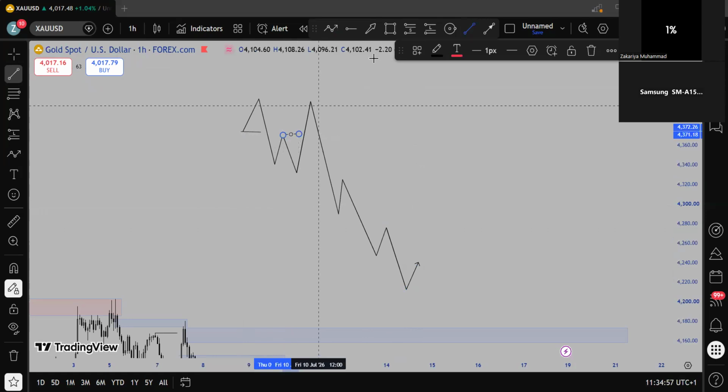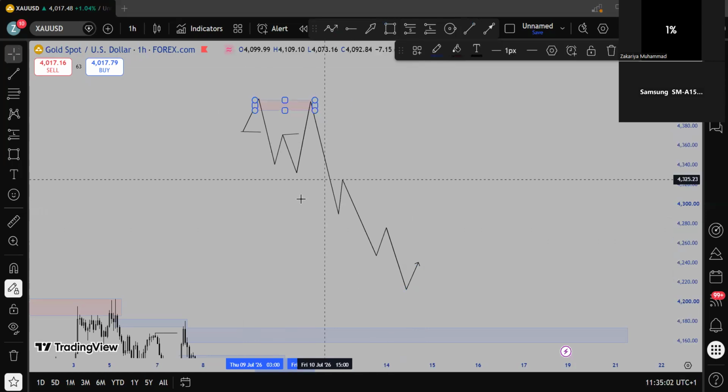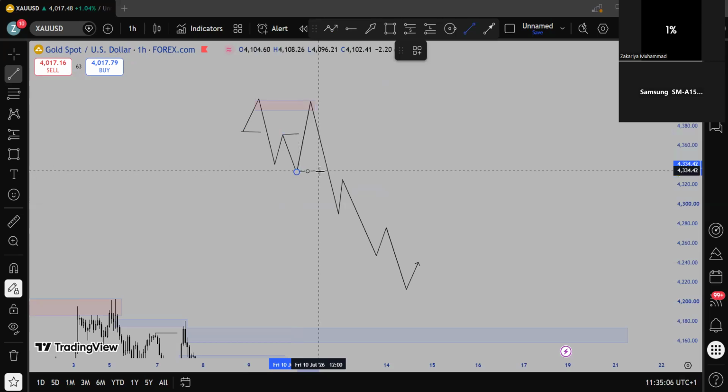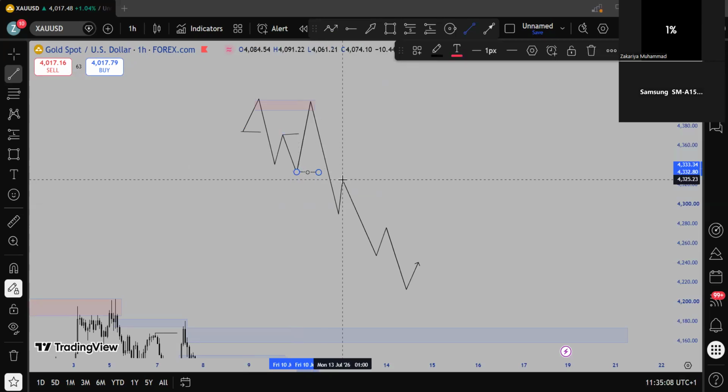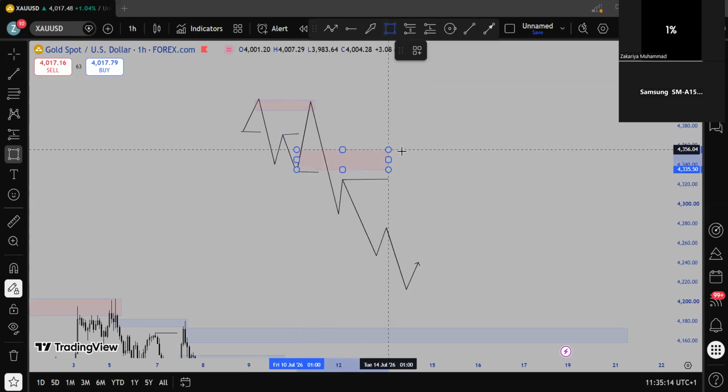So it respects the first structure and sells down. Then you read the structure again. What's happening next? You see another structural shift. The market gives you a what? A liquidity. And then the market has not tapped into any of these zones and just sold down.